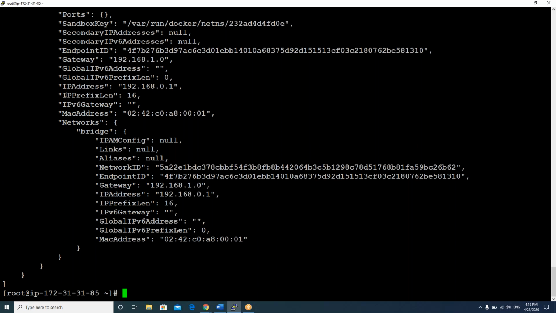In any output, not only in Docker commands, guys, any Linux command, I can search a keyword, and it will give only that particular line. It's a general Linux command, not related to Docker.